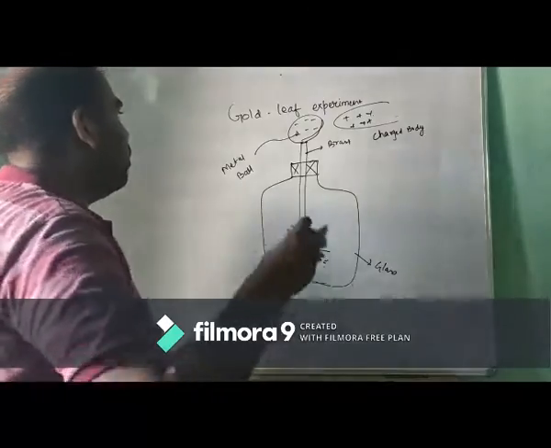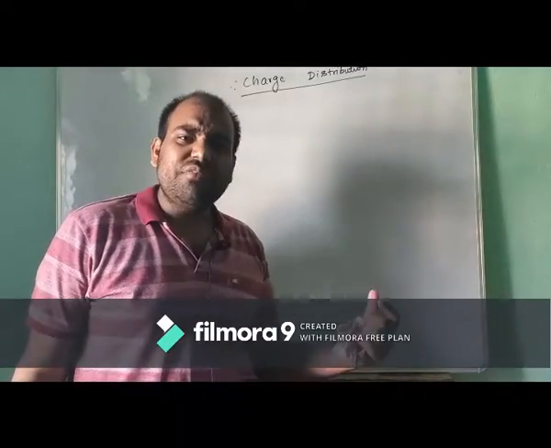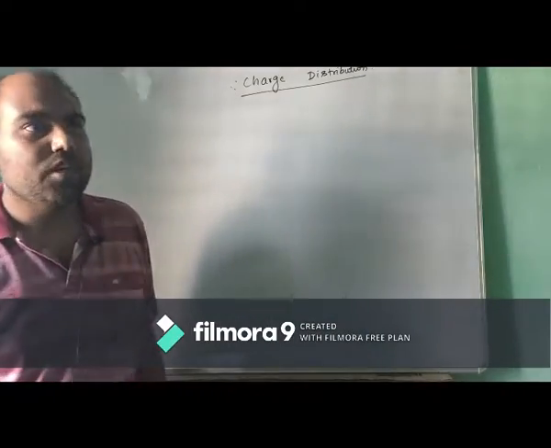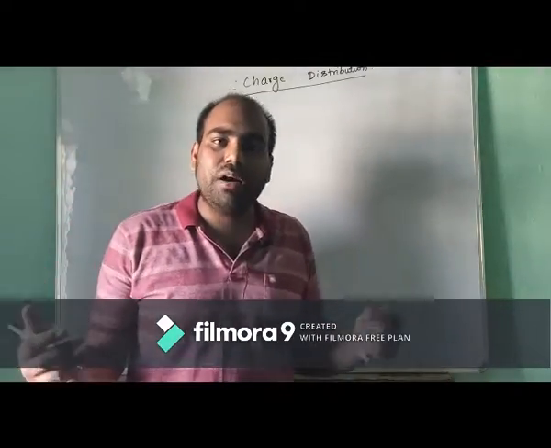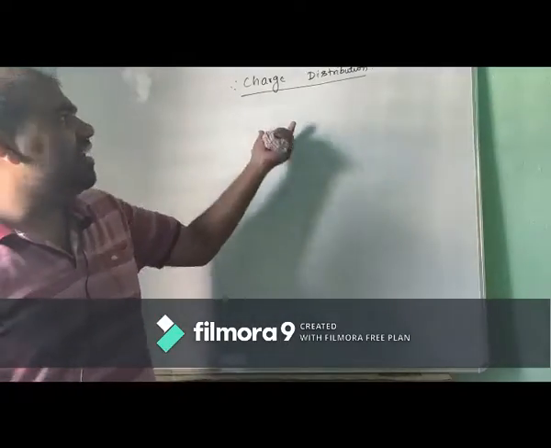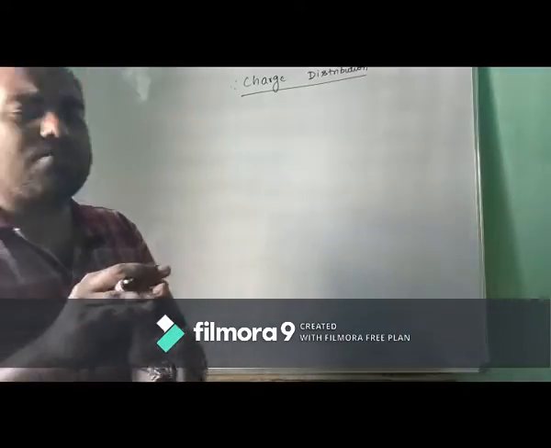Now we are going to study about the charge distribution. You must have read in the center of mass chapter there is a mass distribution term, where we defined the linear mass density, surface mass density and volumetric mass density. Now in this chapter we are defining the charge distribution. That means the charge distribution can be the linear charge density, surface charge density or the volumetric charge density.